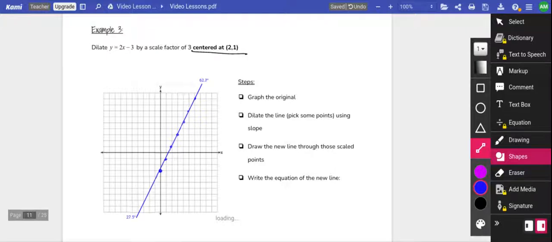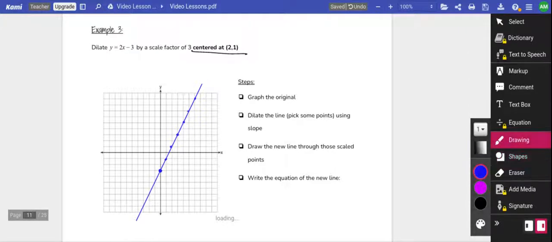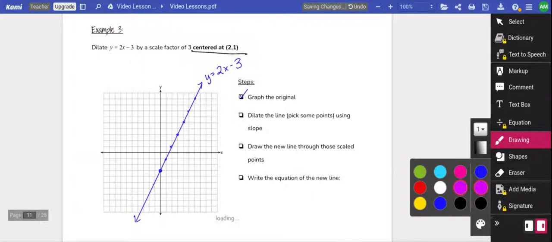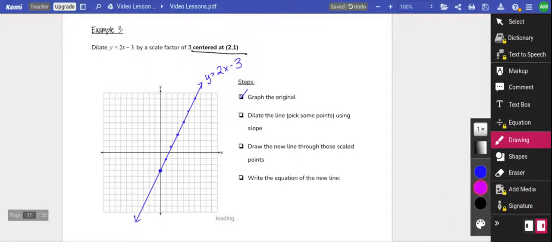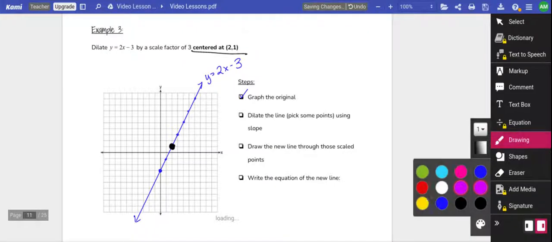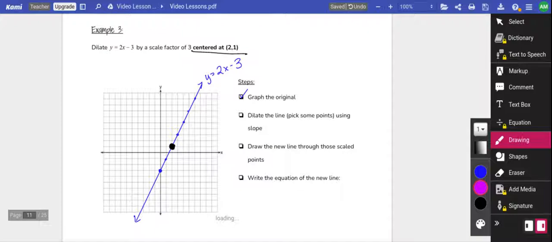Let's try again. All right, now I'm ready to dilate. But first I'm going to plot my center. It's at 2, 1. So here is my center. Oh, it's actually a point that's on my line already. Let's see how that's going to affect my